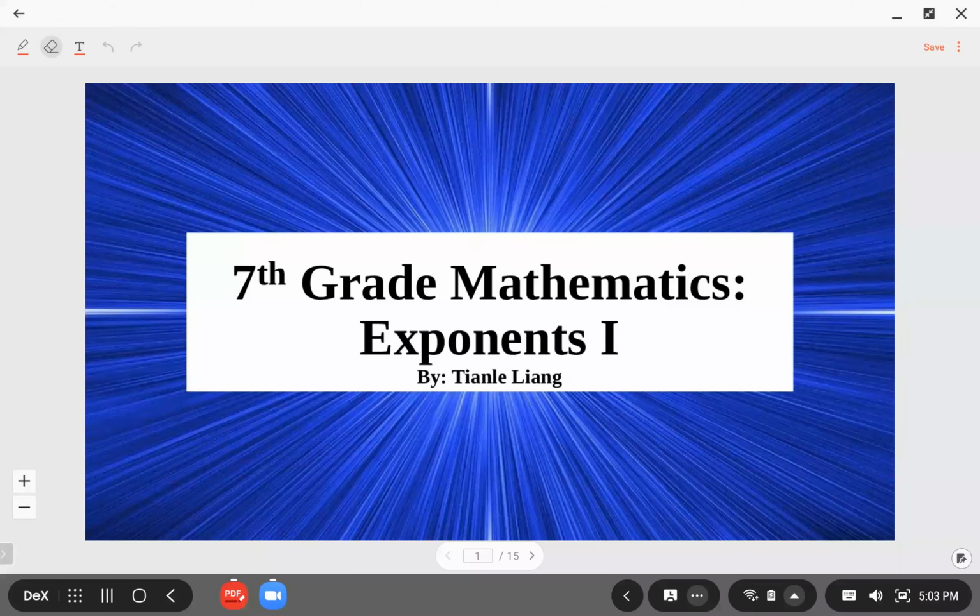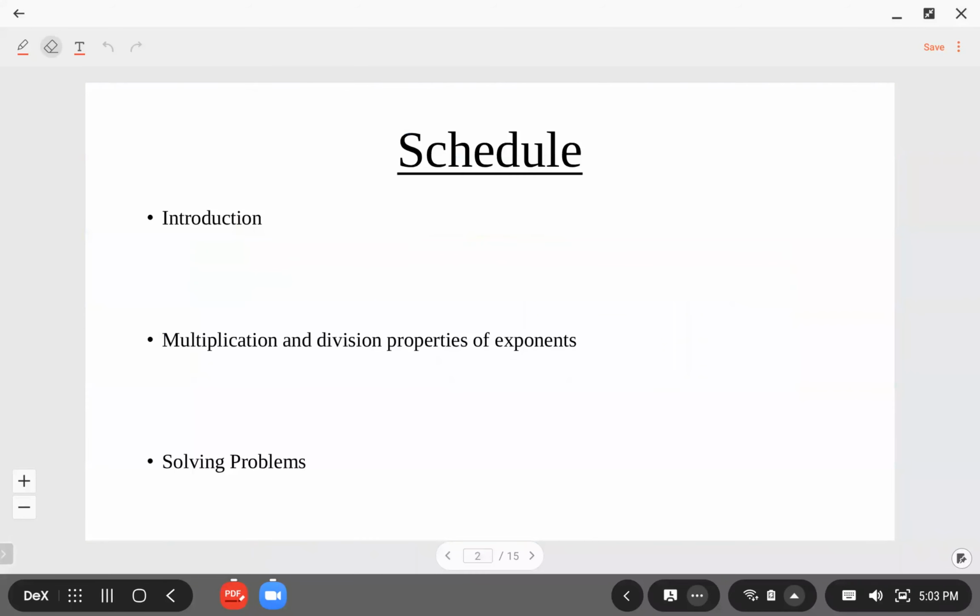Today we will be learning about exponents, and this is the 7th grade curriculum. So, let me introduce our schedule first. First, we are going to be doing an introduction to exponents. Some of you know what exponents are already, and some of you don't. So, let me just introduce you quickly to them, and then